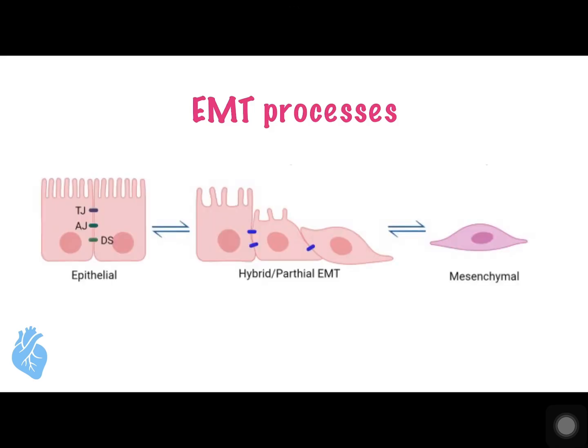Okay, so in this defect there is a mechanism called the EMT process, the epithelial mesenchymal transformation process. It is a process where there is a transformation from one cell type to another, from epithelial type to mesenchymal type. And there is a huge difference between epithelial and mesenchymal types in the tight junctions between cells. The cells in the epithelial type are just tied together, they are strongly bound, but the mesenchymal type are not. They lose their polarity. They have the ability to migrate, to differentiate, to fill the area. So this transformation from epithelial to mesenchymal cell type helps the endocardial cushion to proliferate and septate the heart